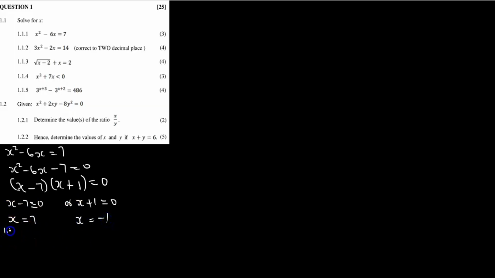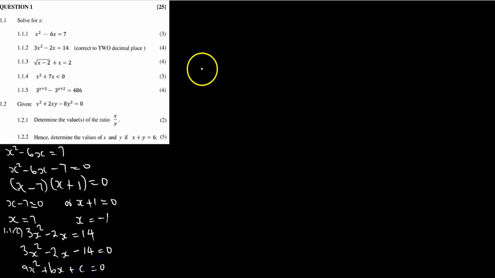And then we go to 1.1.2, which says 3x squared minus 2x is equal to 14. So we have to transpose the 14 to that side. So it's 3x squared minus 2x minus 14 equals 0. And you know that this is written in the form ax squared plus bx plus c equals 0. And also when you see this correct to 2 decimal places, you know that you are supposed to use the quadratic formula, which is x